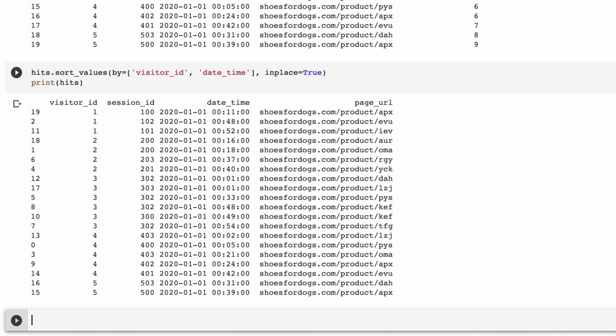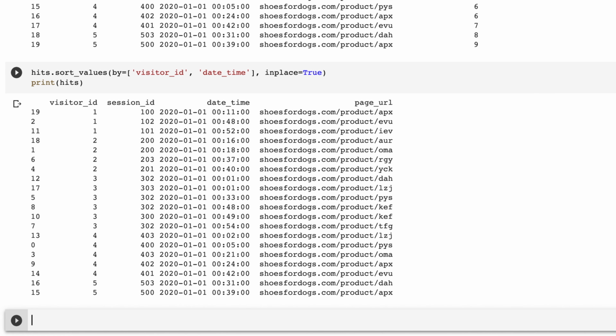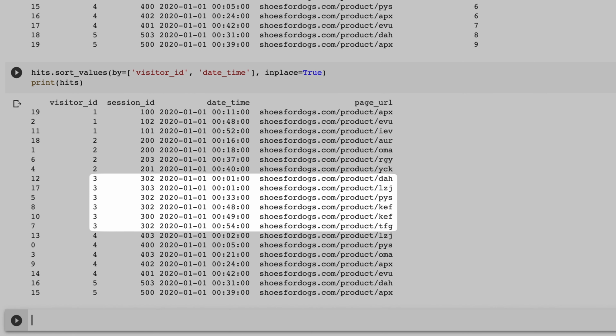For example, for visitor 1, session 102 ended just 4 minutes before 101 began, so we're going to want to stitch those into the same session group. Another example is, for visitor 3, you can see where the session IDs flip between 302, 303, and 300. Ultimately, these should all get stitched into the same session group, because 302 had the earliest and latest hit for